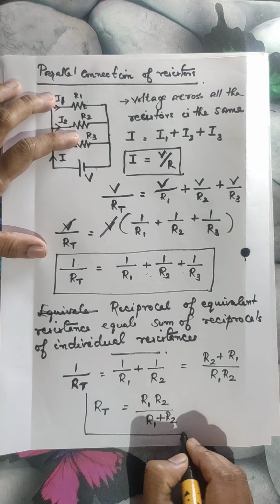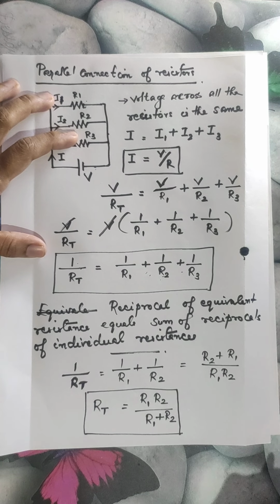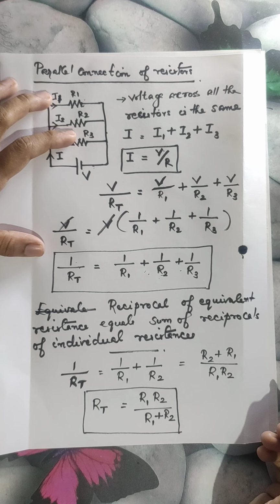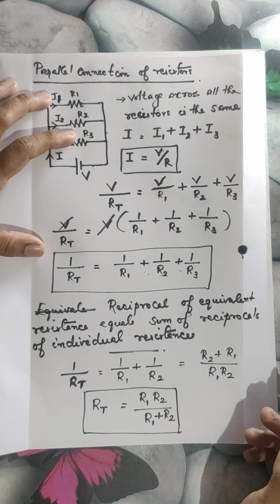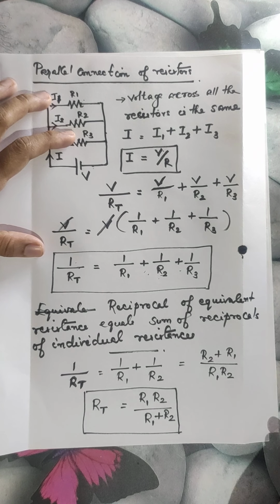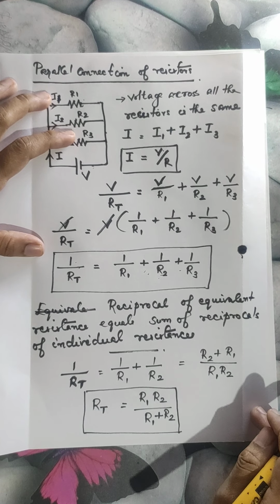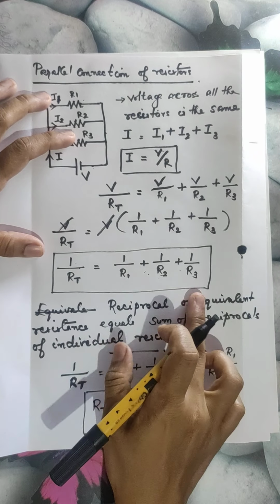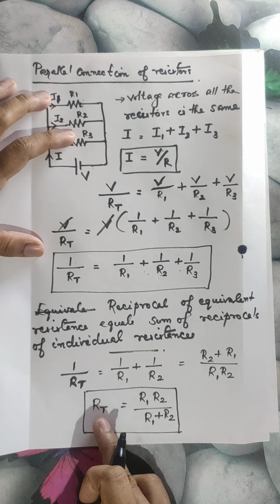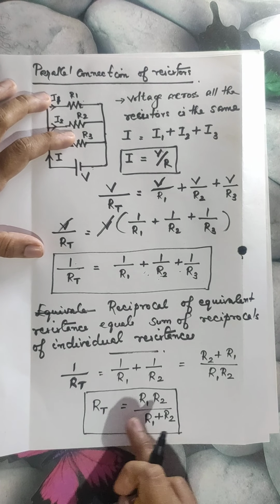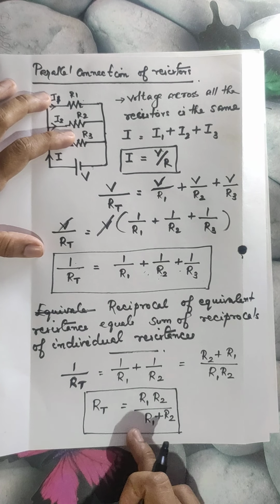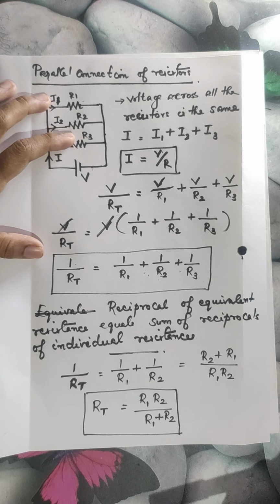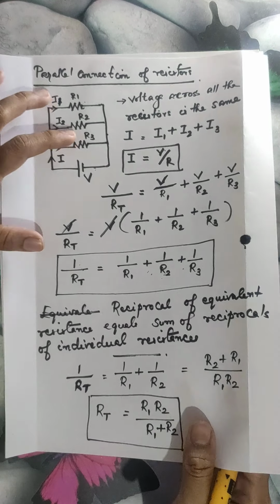So remember this equation by heart. This will be very helpful when we are calculating the equivalent resistance of two resistors connected in parallel. We may frequently have to solve this particular case. There will be two components connected in parallel. So instead of taking the reciprocal and all, we can directly calculate the total resistance in that case as product of the resistances divided by sum of resistances, R1 R2 divided by R1 plus R2. So now let us move on to the current division rule.